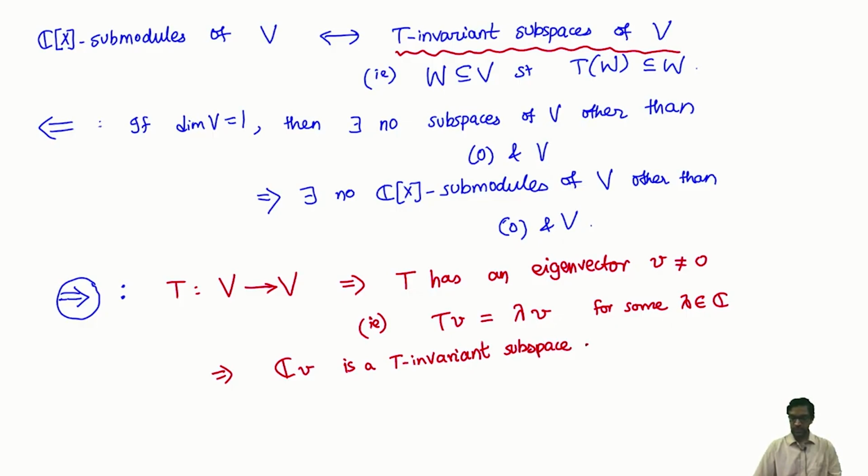Okay, but the given hypothesis says that there are no T invariant subspaces other than 0 and the whole, but we have clearly constructed at least one T invariant subspace here. This is not the 0 space, so the only thing it can be is the whole. This implies that CV had better be the whole space. Why? Since V is given to be a simple C[X] module. This is the given hypothesis. And now you're done, because you've shown that V is just the span of a single vector, which means its dimension is exactly 1. So that's the end of this proof.